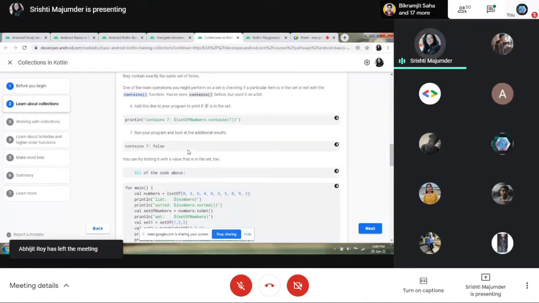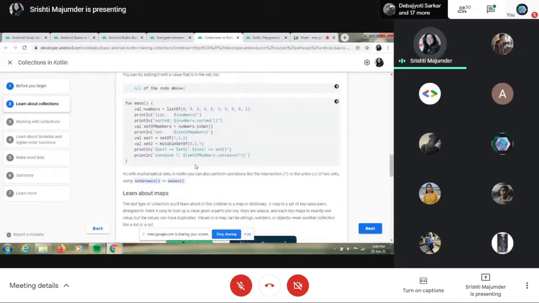It will give you the values. Of course, it will print either true or false. That's it. This is the final summarization of what we learned in this one. We learned that there are three types of collections: lists, sets and maps. Lists have numbers and can be sorted. You can show whatever numbers they contain. And there were two types of sets, mutable and immutable. The immutable ones are read only, you cannot alter or manipulate them.